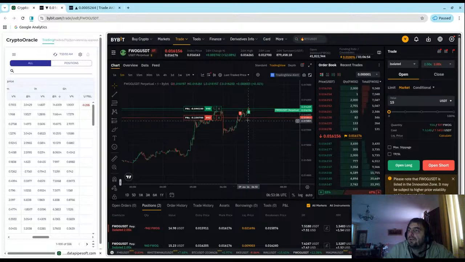And the idea is we could cost average. So now, if price goes up, nothing happens. We just keep our loss, but we could potentially add to the green side, and then the green side is going to win, and we partially close the red and cut our losses. If it goes down here, we potentially could add to the red and dollar cost average the red one, and again it's going to partially close the green one, and the red one is going to be the winning one, and so on and so forth.